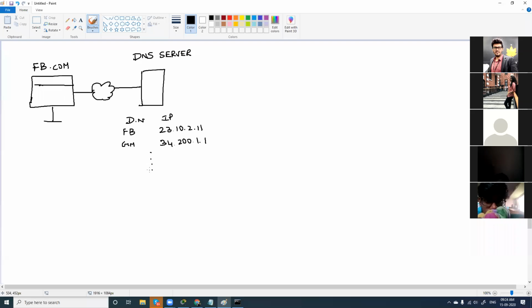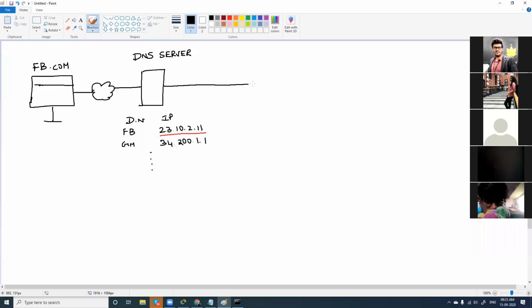Who owns the DNS? DNS is a centralized management. If I'm using Airtel, then probably my DNS server will be from Airtel, and a lot of other DNS servers will be interconnected in the internet. This goes like this. So when I type facebook.com in my computer's browser, the request goes to the DNS server. It will grab the IP address of Facebook, 23.10.2.11.